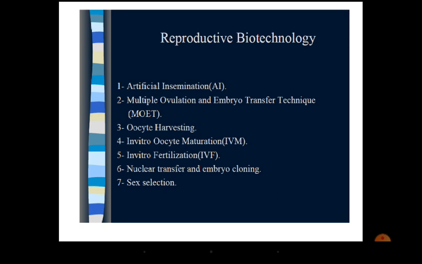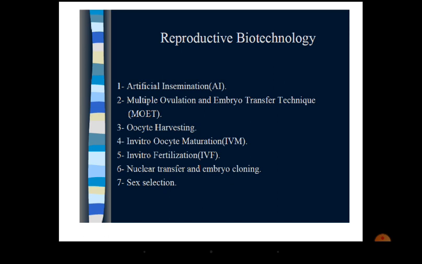Once you do the selection, instead of breeding them conventionally, you can employ techniques like oocyte harvesting. You know that in cattle and buffalo, and in sheep and goat also, conventionally the reproductive fitness is a little lower compared to chicken and swine. Their reproductive potential is lesser. So in order to improve the reproductive potential, especially in cattle, buffaloes, sheep and goat, you can try these methods, that is, oocyte harvesting, to increase the number of progeny produced per selected individual. This can improve the exploitation of selected germplasm.